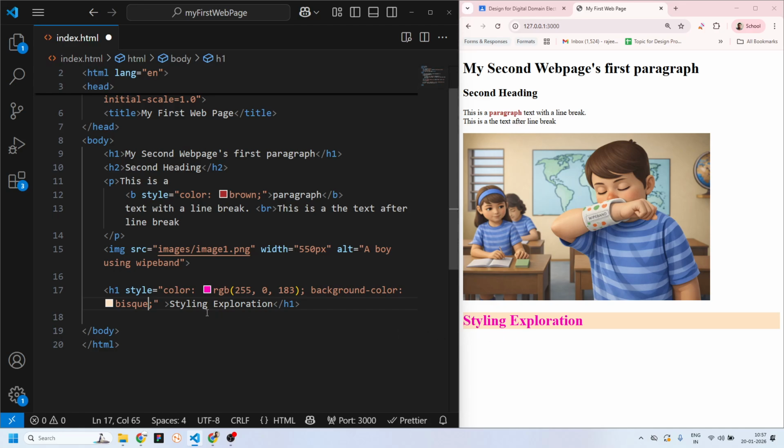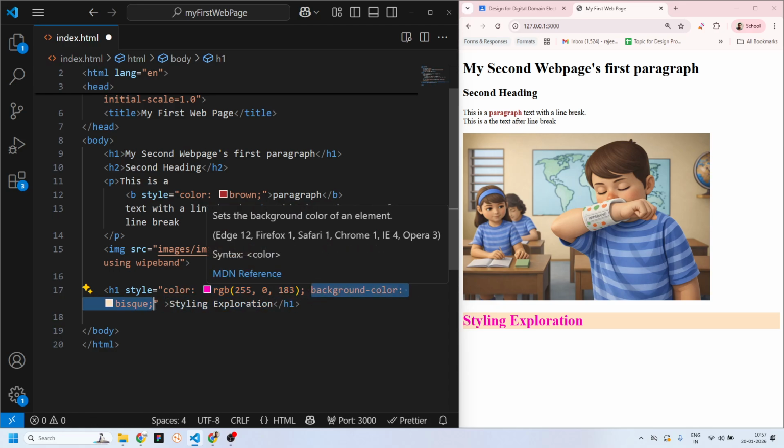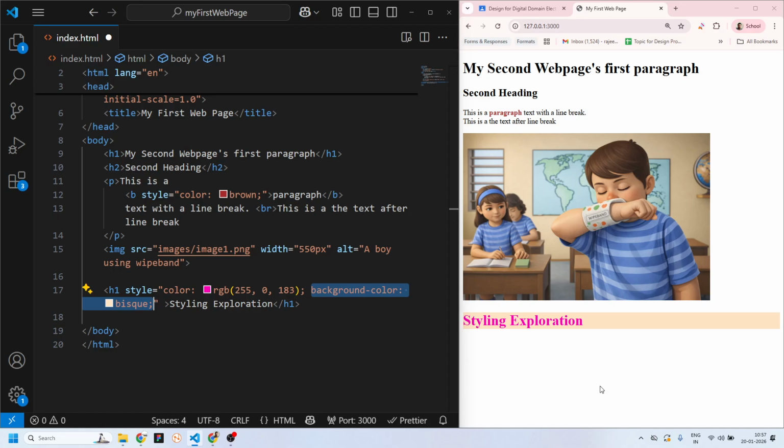So what happened here is that now this content has a color attribute applied to it and a background color applied to it. Now it may sound a little absurd, but all HTML elements,